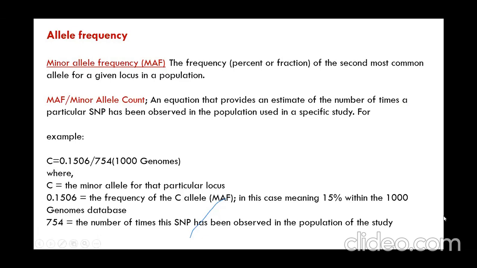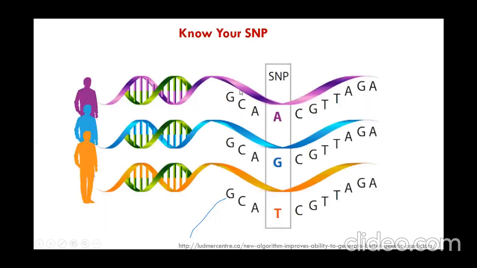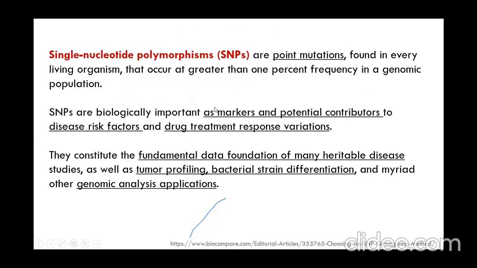You divide with a specific formula to see how many SNPs are formed there. You generate a 15% frequency there for this allele. This may be additional material. If you are interested in understanding it, read it. Otherwise, it's okay. So, coming on to SNPs in a little bit more detail.